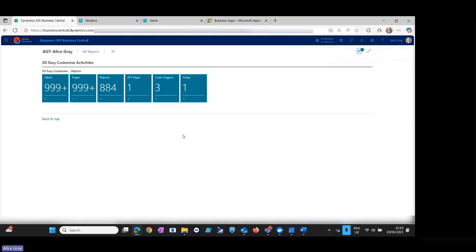Okay, so I've just gone through, I suppose, the main features of Easy Customise. We have a lot of other features, as I say. You can place fields onto reports. For that, you'd need to have your report developer from Visual Studio. Your API pages, you can choose to create easily. You just go in and you